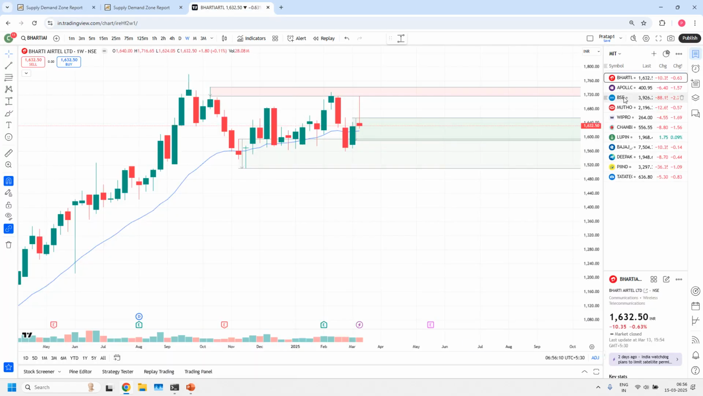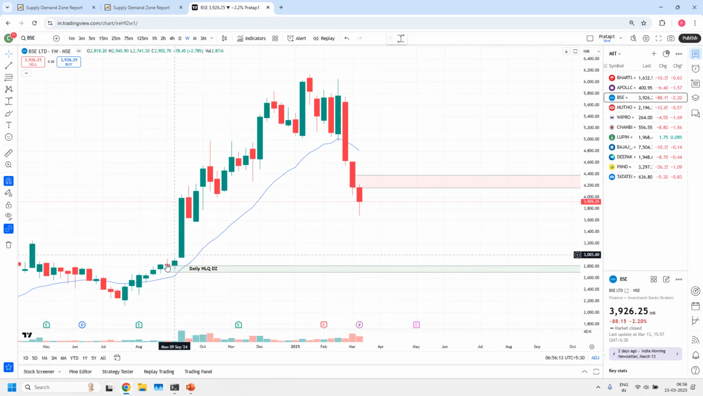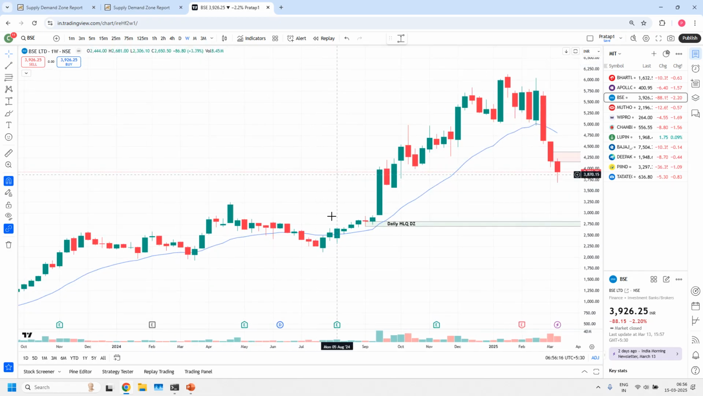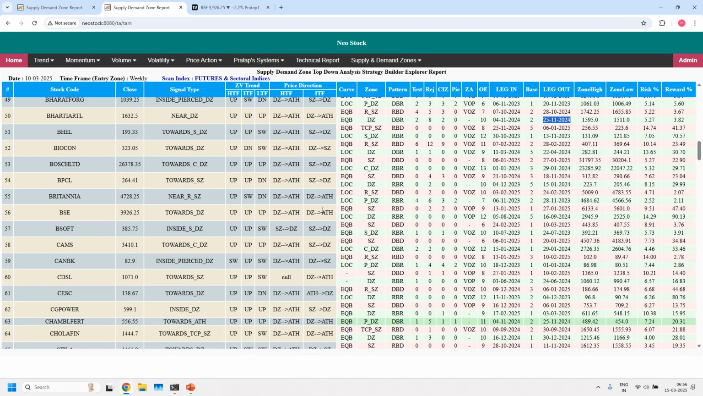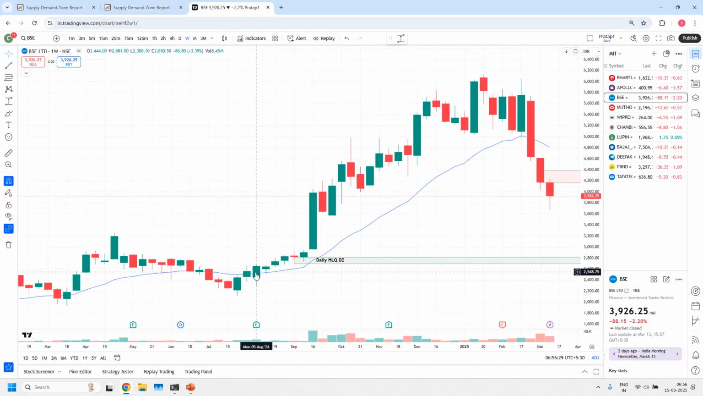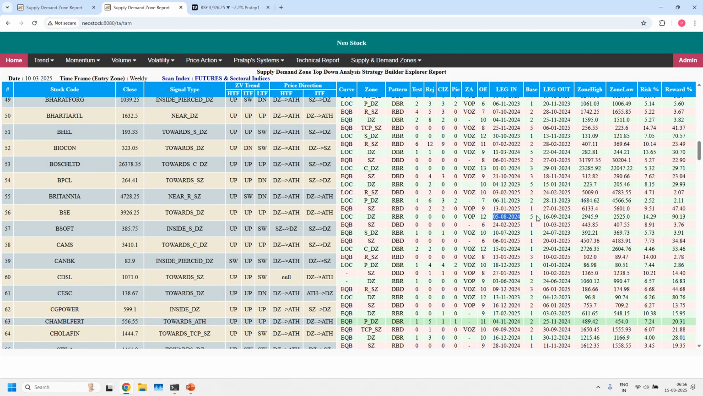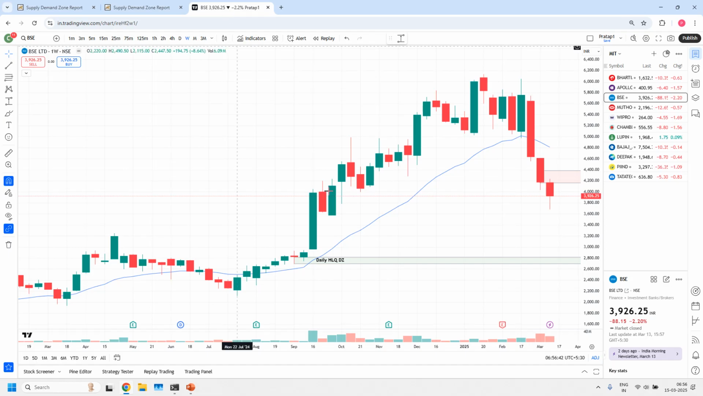Okay, what is the next one? BSE. In BSE, weekly zone confluence. What is the BSE weekly zone? 5/8/2024, 5 base candles. See here, 5/8/2024 rally. 1, 2, 3, 4, 5 base candles and rally candle. 5 base candles, yes. 16/9/2024 is the leg out. This is 16th September. So that way we are drawing